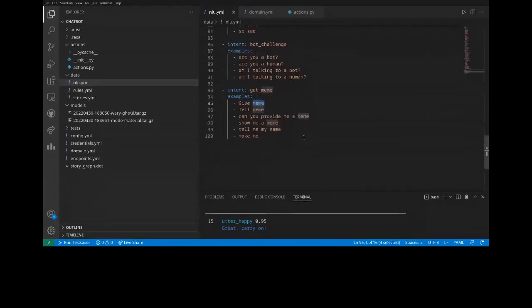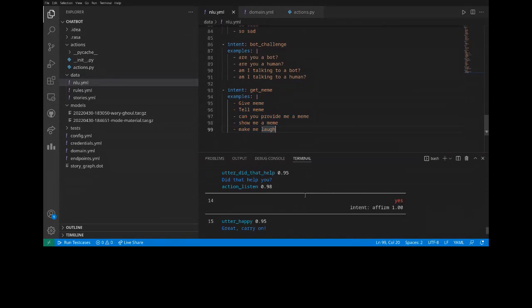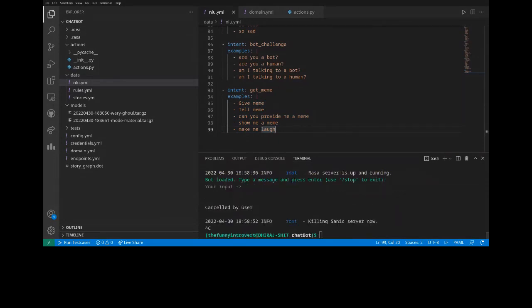Okay, make me laugh is good, and we can remove this example because this is not valid. So based on these examples, we don't have to write all the examples that are out there. We just have to write those examples where we feel that the bot, after seeing this many examples, will understand that if a user is writing meme, then it will understand. So I guess these are more than enough. Now we know everything is good till now, so I know whenever I'm writing meme, everything is good here.